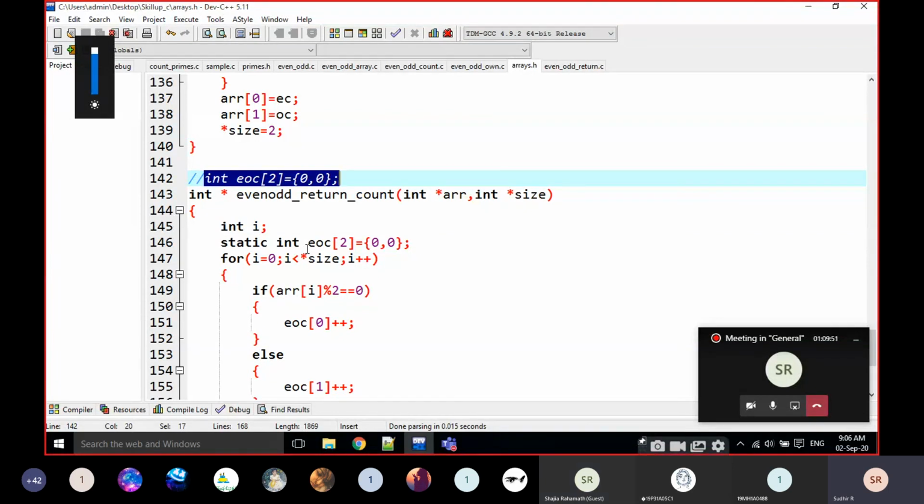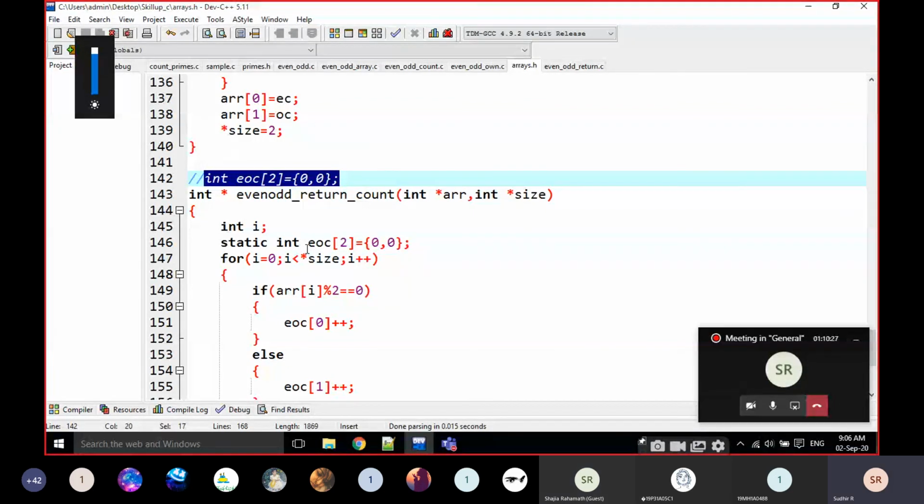The 4 methods, just practice these 4 methods again. Copy and paste, but understand what I am telling here. The 4 methods are very important. One more method is also there, very similar, but I will discuss that one in later classes. We know the logic is very simple, the even and odd logic, everyone knows that.